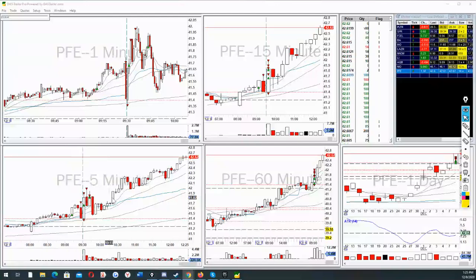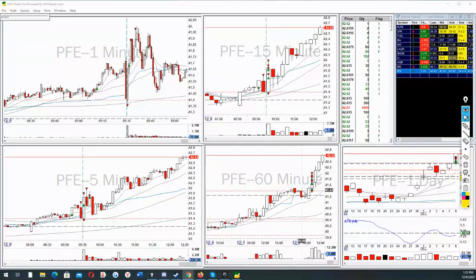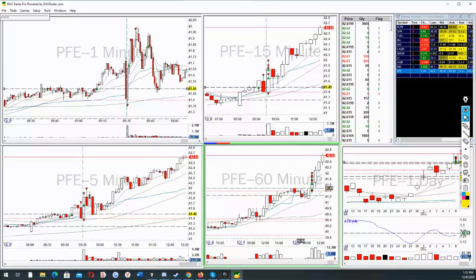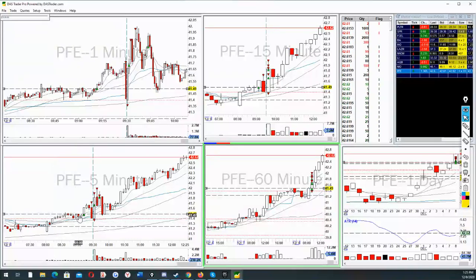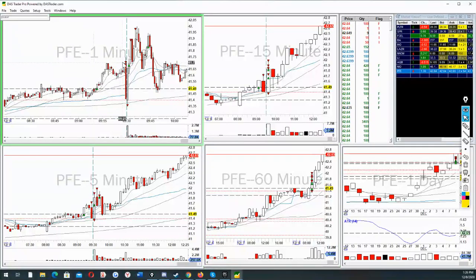So PFE, this right here, I traded it to the long side. Why did I trade it to the long side? You know my style. I'm talking a lot about it. It's 60-minute up-in, 60-minute breakout, not up-in breakout. Now, on the 5-minute chart, there is an ABCD pattern, right? Second type. I'm taking it to the long side at the break, having my stop loss somewhere around here,